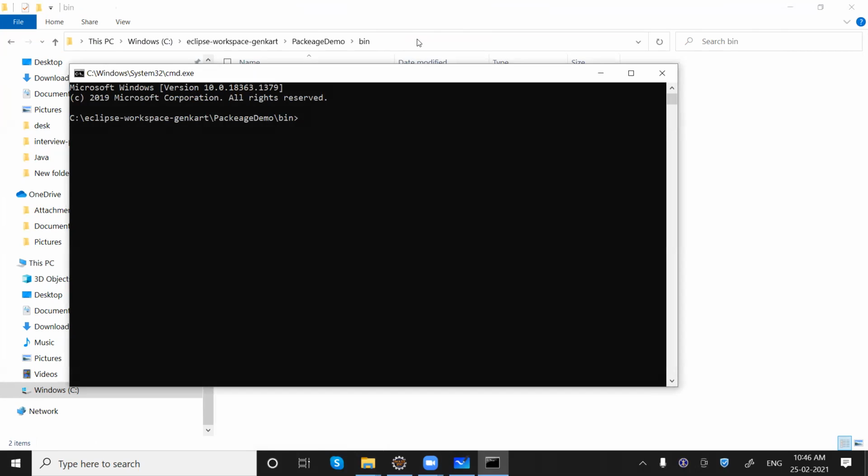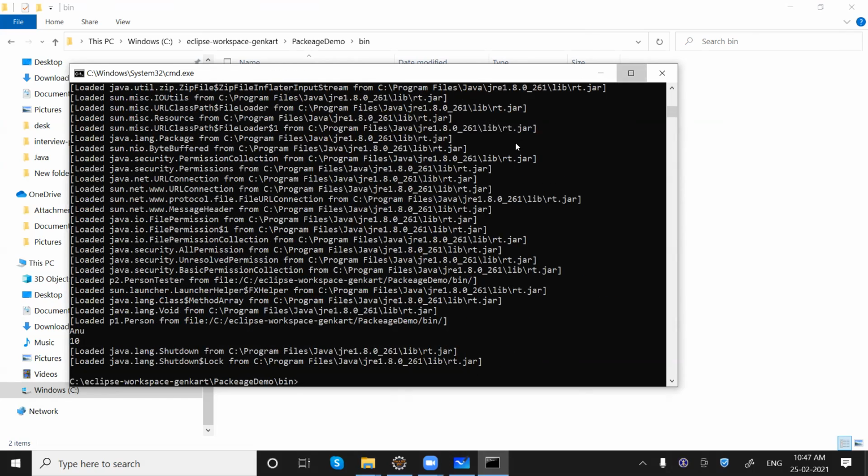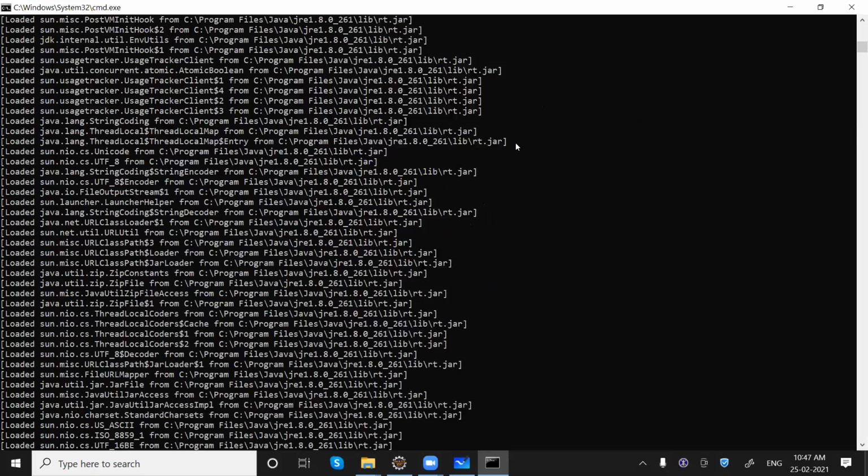We need to run a class, java, and that is p2.PersonTester. We are getting the output like what we were supposed to get, but if I say verbose, let's look if we loaded the Scanner class or not.